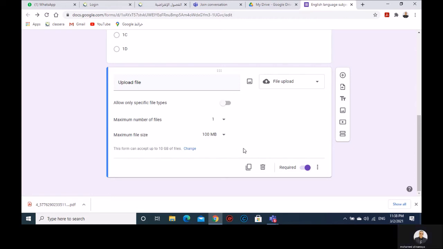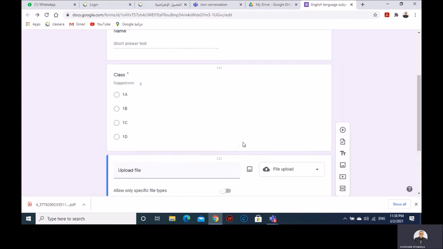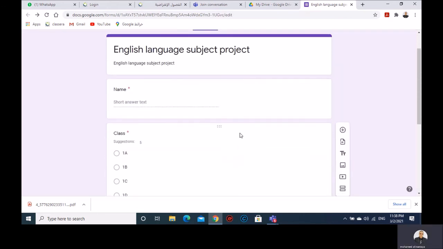So what will be done next? Next, you have to create the link and send the link to the students to send their projects. How can I send the link to the students? Pay attention with me. After you finish these steps,